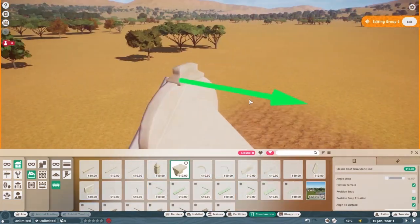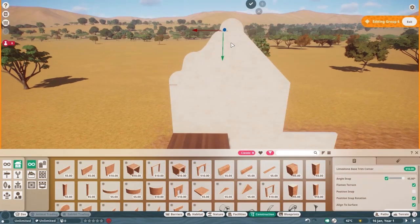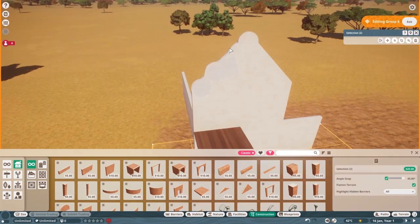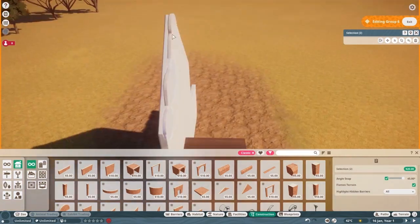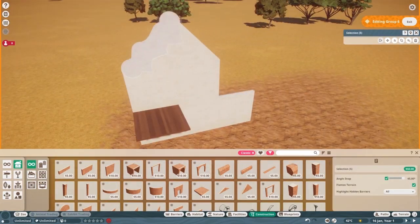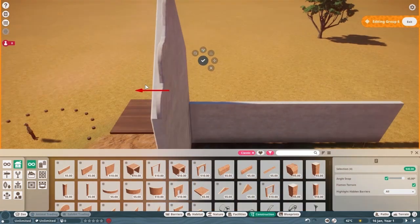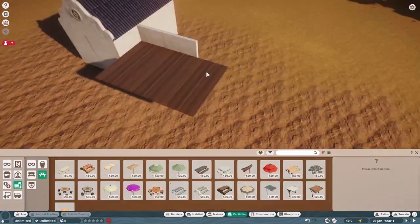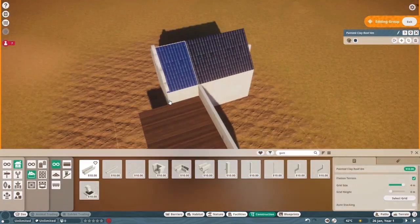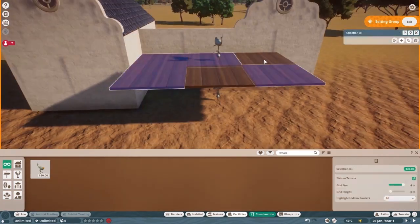So story-wise, there was this estate here, and a family decided to buy the estate, and in a few years' time they developed a private collection of animals, and of course from there established a zoo for the public to see. So as you can see here, we're working on this little cottage in the back, and this cottage is heavily inspired by the Groote Schuur Estate. So what Groote Schuur is,